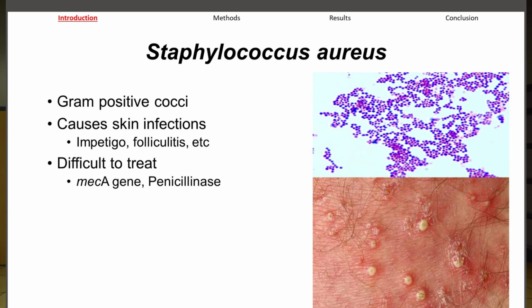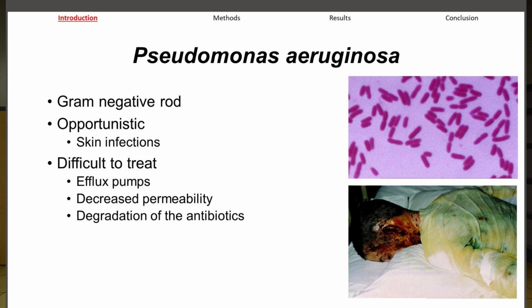The other bacteria we're talking about today is Pseudomonas aeruginosa, and as you can see up there on the top right, it's a gram-negative rod. And once again, we're more concerned about skin infections. And mainly you only see Pseudomonas infections in immunocompromised patients because it's an opportunistic pathogen. It's everywhere though. It's probably all over this room. Sometimes it even survives through disinfectants. It's pretty crazy. But like I said, immunocompromised patients, so diabetic foot wounds, burn victims, you might see them on